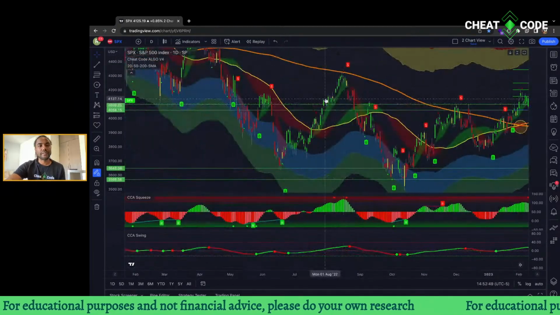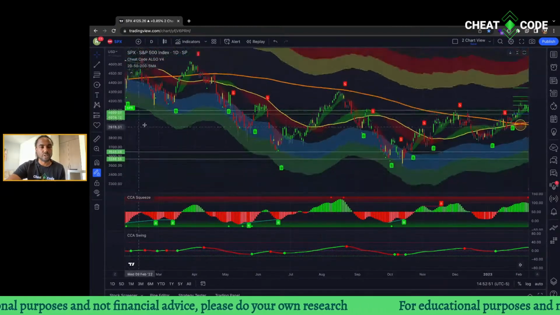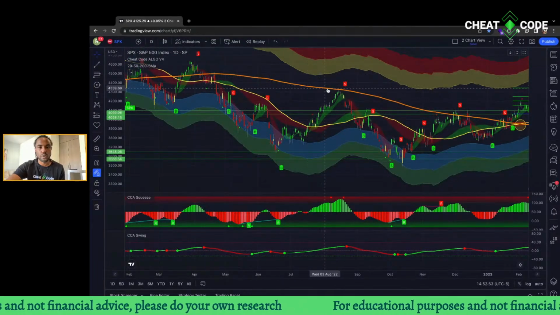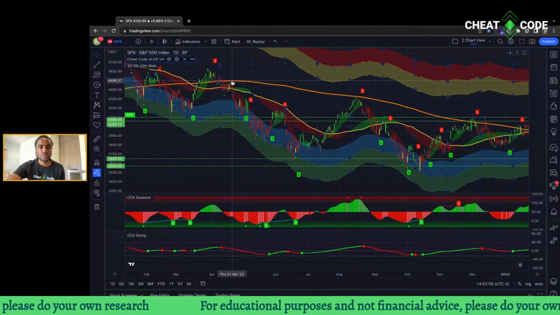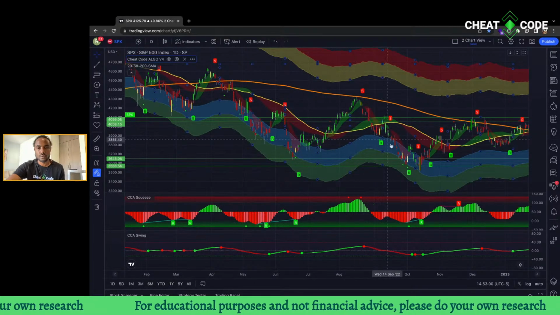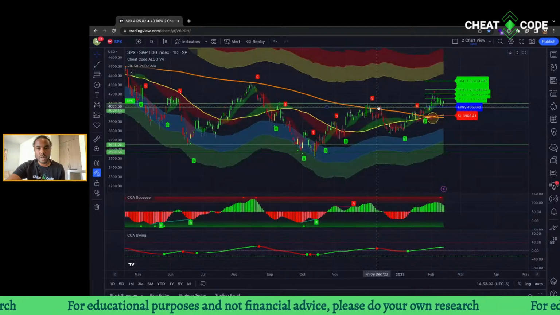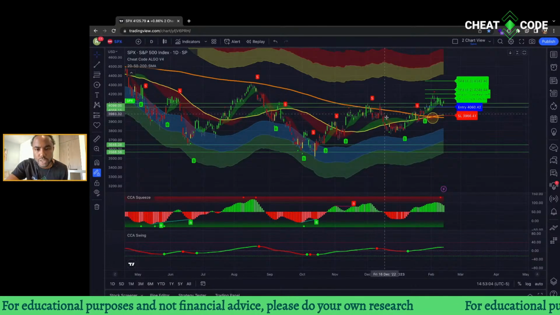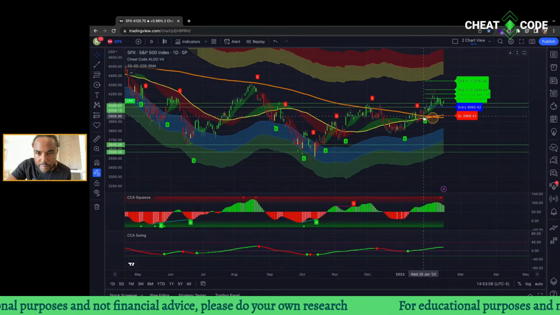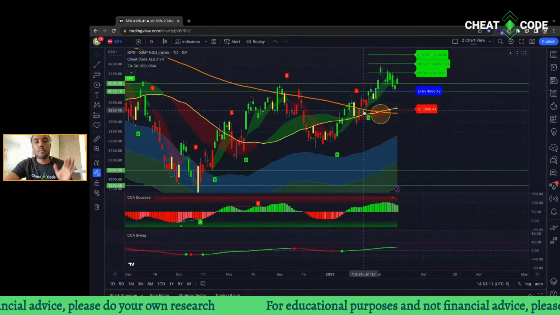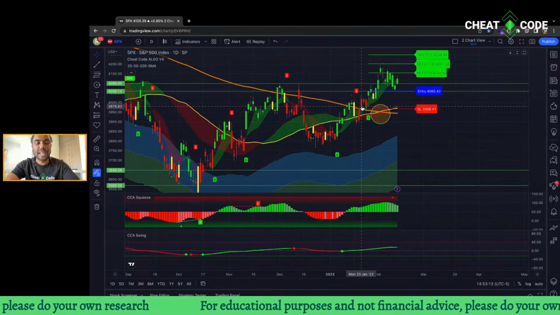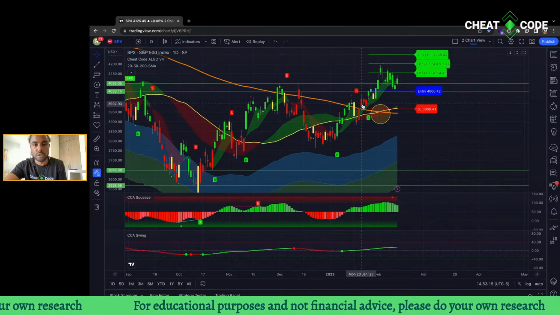But you can see here, even the 200 was a major line of rejection. The 200 is the orange line. You can see how the market rejected it. It came to the 200, rejected it, came back to the 200, rejected it, came to the 200, tried to really reclaim it, rejected it. But once it reclaimed that 200, like I said, if you watch the moving averages, when the market closes over them, that confirms the bullish trend.